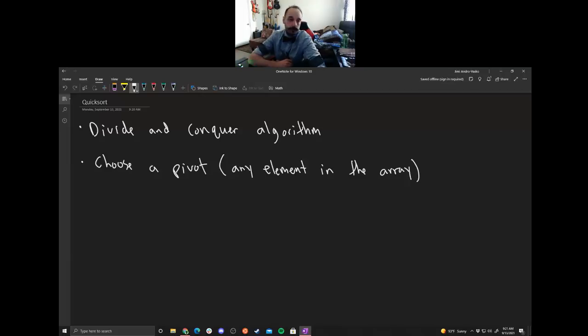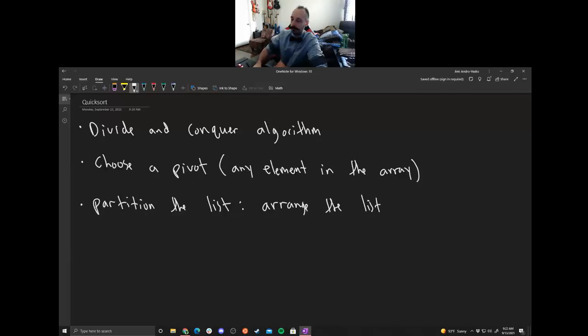So we pick some value in the array and we're going to designate this element as our pivot. And then what's going to happen is we're going to partition the list. I'll go over the partition in more detail in a second, but what partition does is you're going to arrange the list